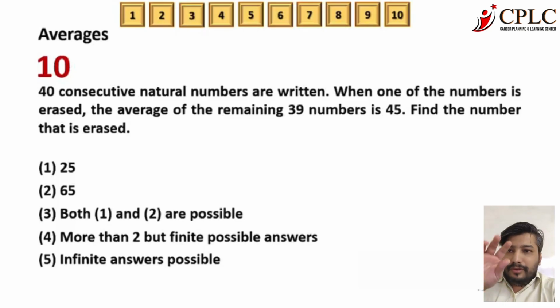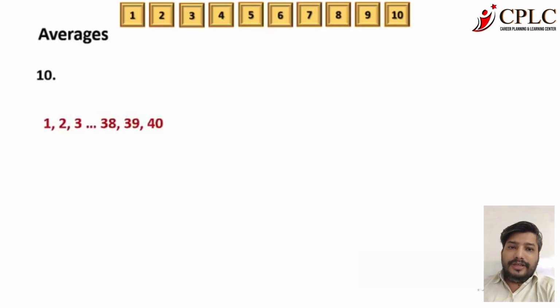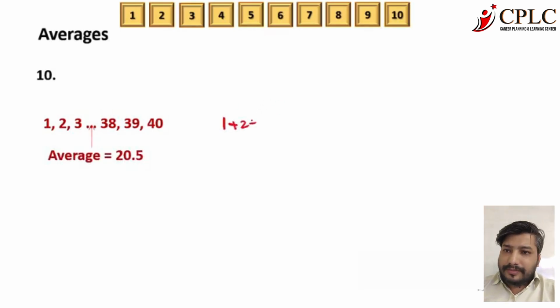And even before we proceed with that thought process, first we need to understand one property related to the even number of terms. There is one simple property that you need to remember: for 1 to 40, the average if you calculate, it is 20.5. Why 20.5? I will explain a simple property. Let's do the sum of 1 to 10. And if you want to find out the average, we'll have to divide by 10. The sum of 1 to 10 is 10 into 11 upon 2, that is 55. 55 divided by 10 will be